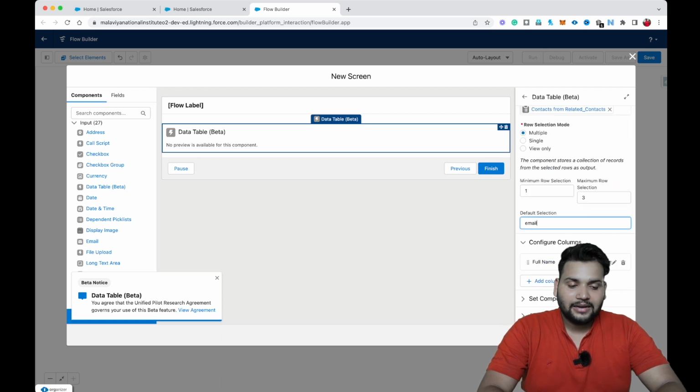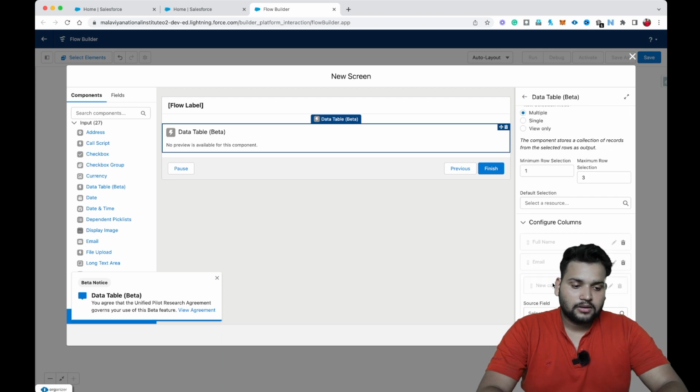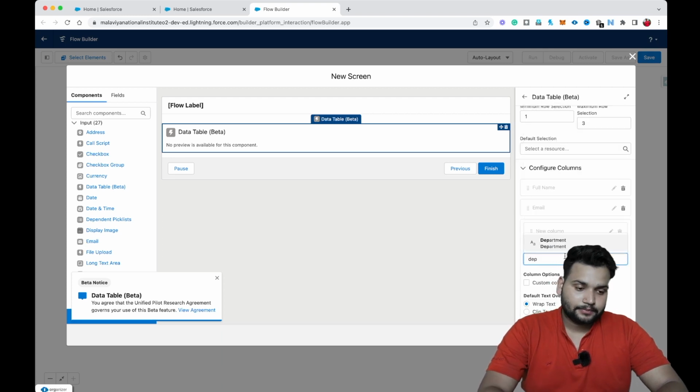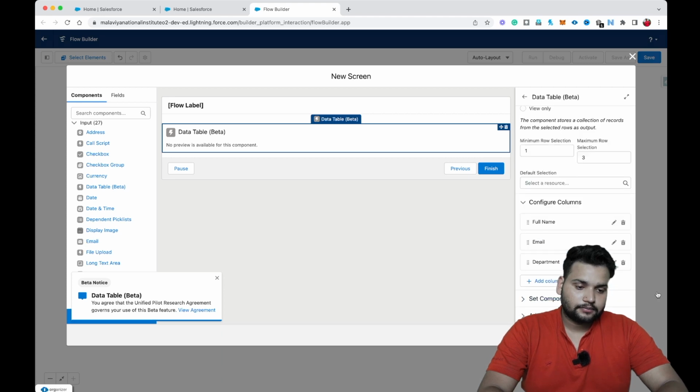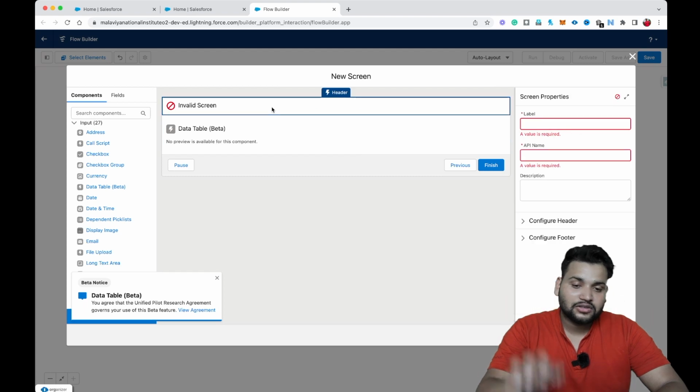Let's select email, click done. Let's select department, click done. Now what you need to do is click on done. Here is an error because I didn't provide the screen name. So let's say select primary contact,